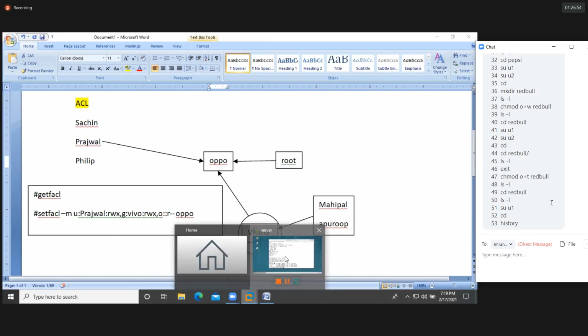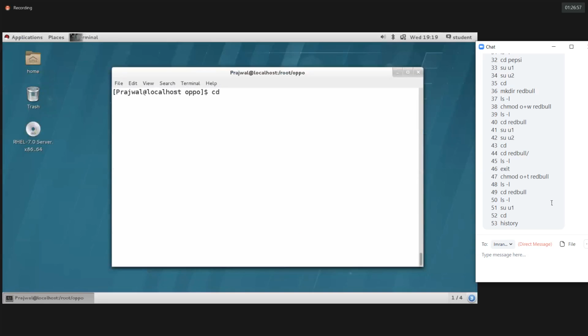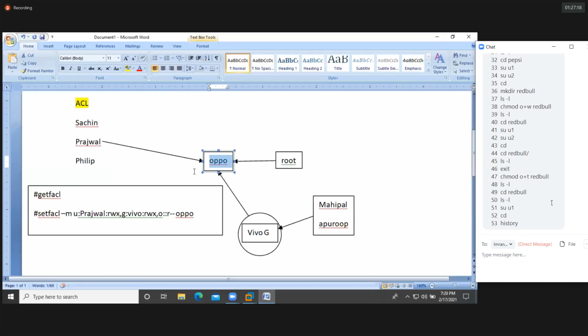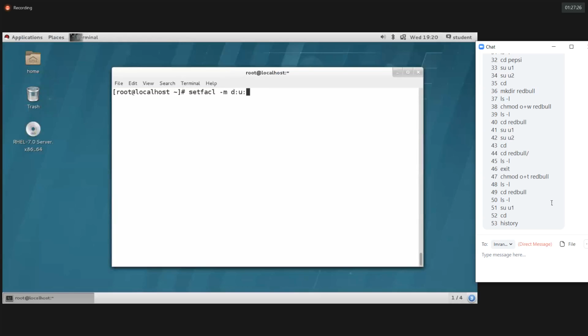Now let's see how to assign the default permissions. Exit from Prajwal, come back, and run setfacl -m. You can write default, or otherwise d, and d is best. d:u: for whom I'm providing the default permission, the Sachin user account, rwx, on the Oppo directory.